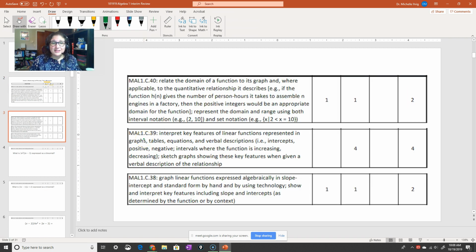Going to the next slide. There are 2 questions on domain and range, which is why I have the Kahoot planned for that piece. Then there are 4 questions on functions. I have a lot of practice on functions because hopefully you'll feel more confident, and those are the questions we can really hope will help you get through the midterm. And there's also a couple on slope intercept form.